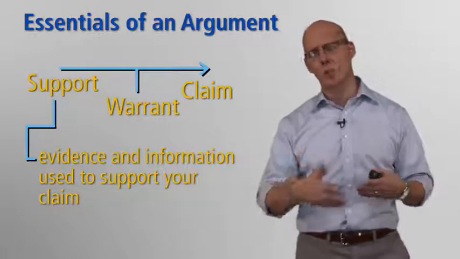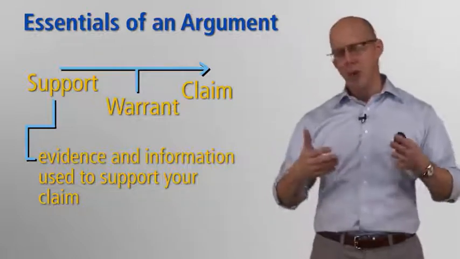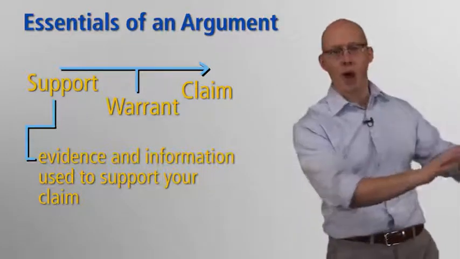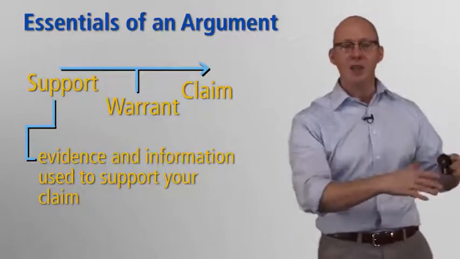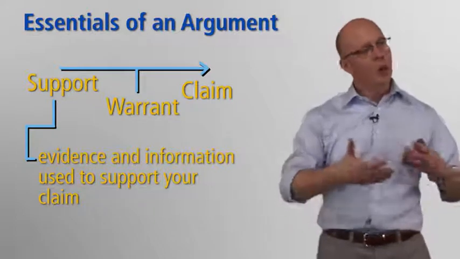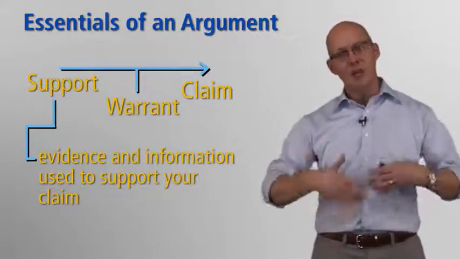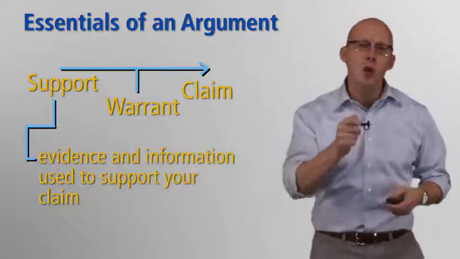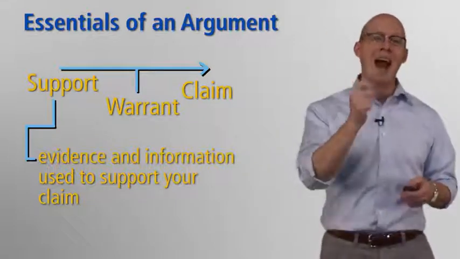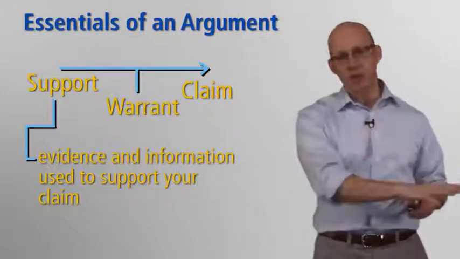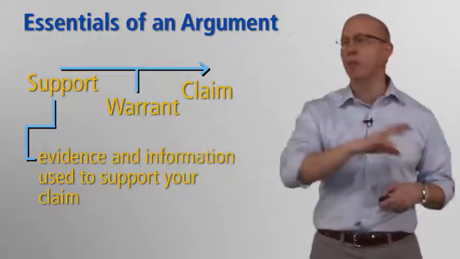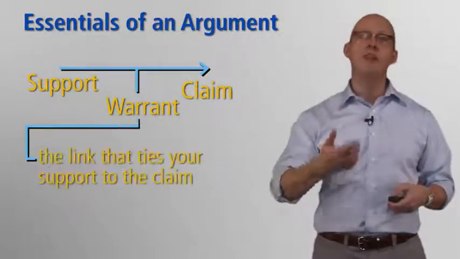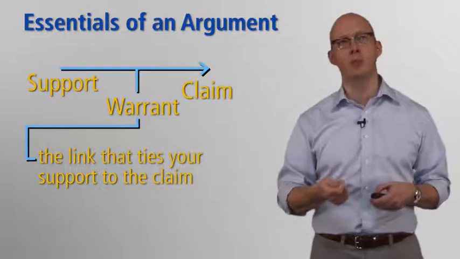But, of course, support by itself doesn't validate the claim. And this is something we'll get to in the informative speech, but one of the problems people sometimes have with speaking is they just put that support out there. They tell you the evidence, but they don't explain the evidence. We don't want to do that, and the impromptu allows us to learn how not to do that. Support doesn't just validate the claim. You, as a speaker, need to explain how and why that support relates to the claim, how that support validates the claim. And that's the realm of the warrant. The warrant is the link that ties your support to the claim.